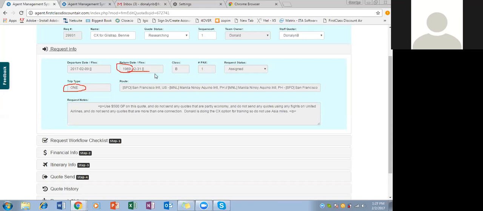So here's the date that he wants, February 9th. It's business class, for one person, from San Francisco to Manila. On this one there are some special instructions: nothing that's partly economy. He doesn't want any United, and he only wants flights that are one connection. So what we're going to do first, the fastest way to find out the date that's available,